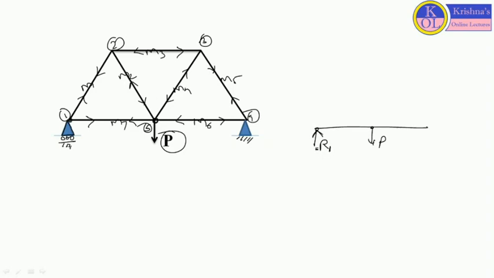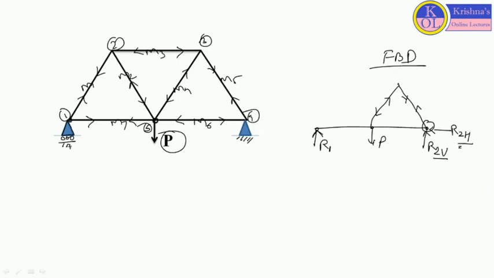So only the perpendicular reaction we will consider, and here there is a hinge support. So here let us consider R2, R2V and R2H. So at this point we will consider two reactions, vertical reaction and horizontal reaction. And according to the position of the members, we will define axial loading over the members. So accordingly, we will define axial loading, and we will define the forces which are actually applicable over the member. So with the help of the free body diagram concept, we will solve this particular equation.